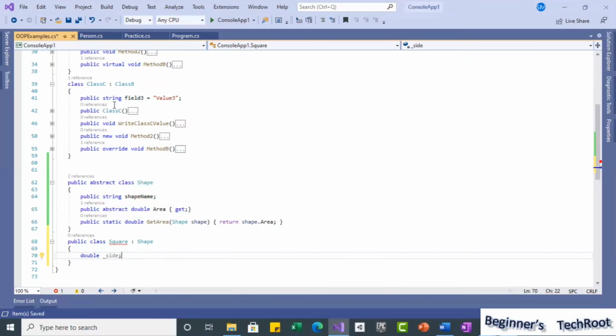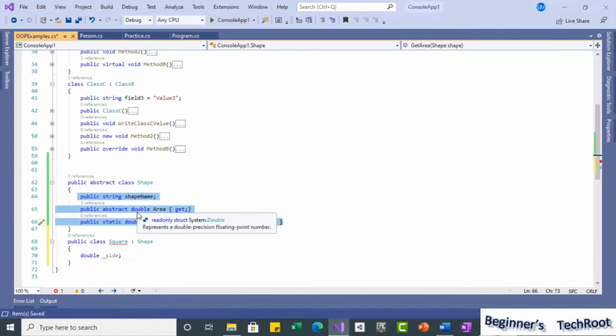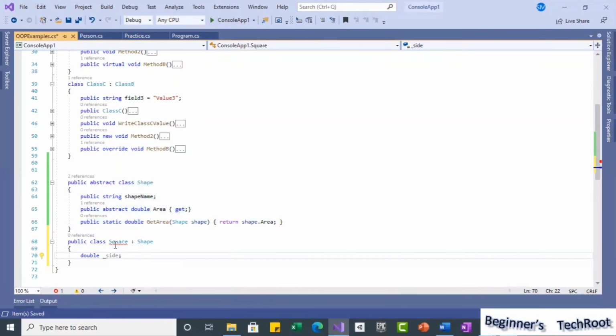In the base class, we don't know which shape you are going to do, so in the base class we use the common things, and in the derived class, which is extending, we have various other members specific to that class. So I created one field.